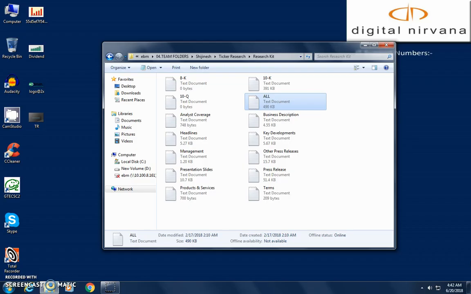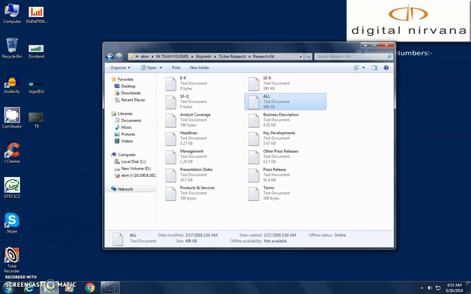Here are the list items: business description, key developments, management details, analyst coverage, headlines, current press release, other press releases, presentation slides, SEC filings such as 8K, 10K and 10Q, products and services, terms, and finally all notepad where we consolidate the above mentioned collection of data.